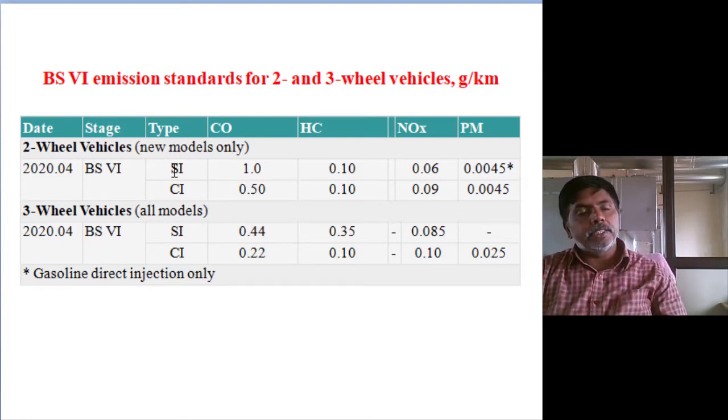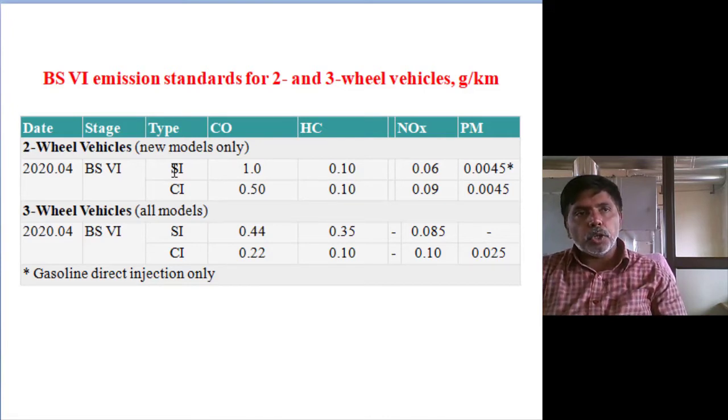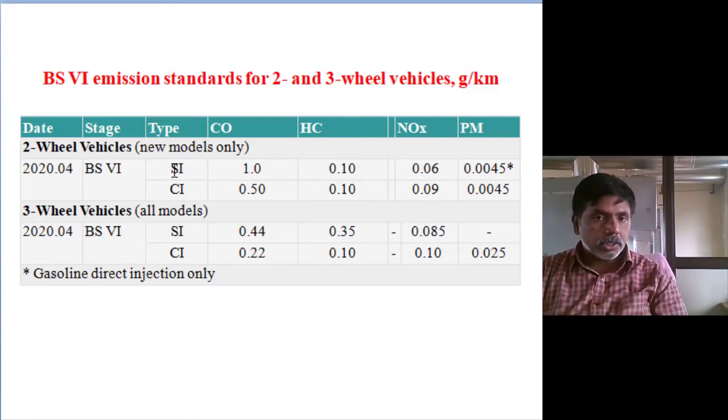Coming to the compression ignition engines. In compression ignition engines there is excess oxygen, the air is fixed. In the suction stroke, air is induced inside the cylinder, not fuel. According to your load, you send the fuel. Normally in off-load or no-load condition, excess oxygen is available inside the cylinder, so there is no chance of production of carbon monoxide. Only at full load condition is there a chance of production of carbon monoxide. That's why you see the carbon monoxide range they gave is lower for CI engines compared to SI engines. Okay, don't think it is some typing error.